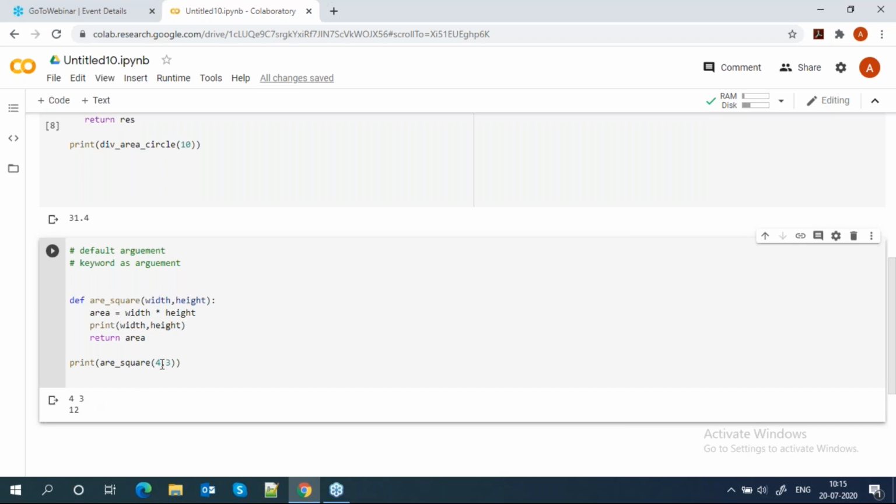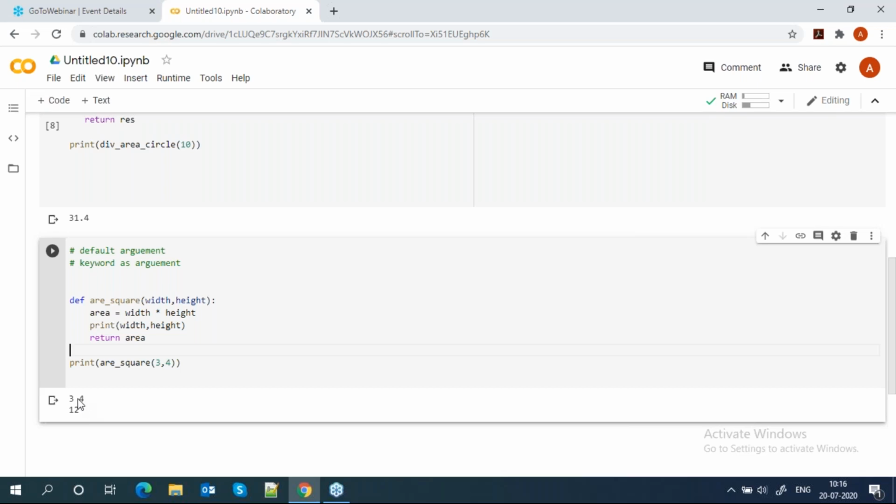While working with this particular argument, suppose I change this, what will happen? The output will be the same, but sometimes if you require some complex calculation, the argument order will change. Your width will be 3 and height will be 4.